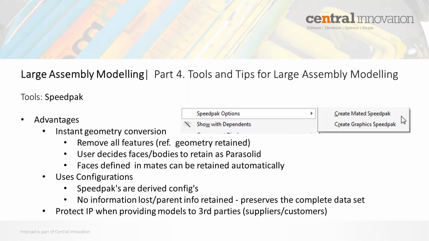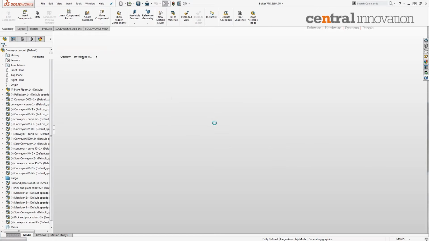The advantages of using SpeedPAK: instant geometry conversion. You can remove all features if you just want to create a graphic SpeedPAK. You've got the ability to decide which faces and bodies you wish to retain as Parasolid. Faces defined in mates can be retained automatically. So in the assembly, if we just take a look at our bolter assembly again in SolidWorks,